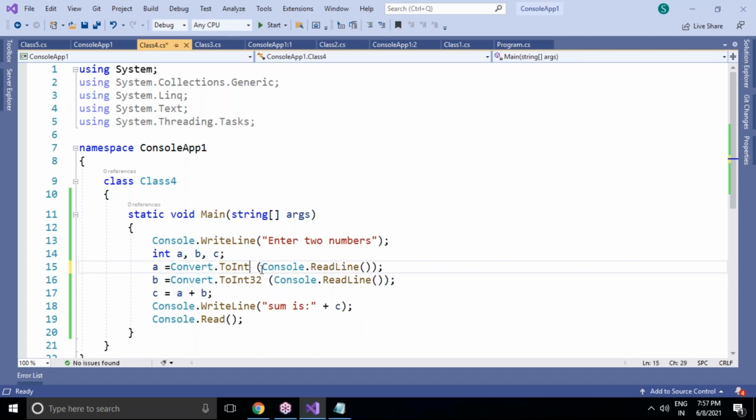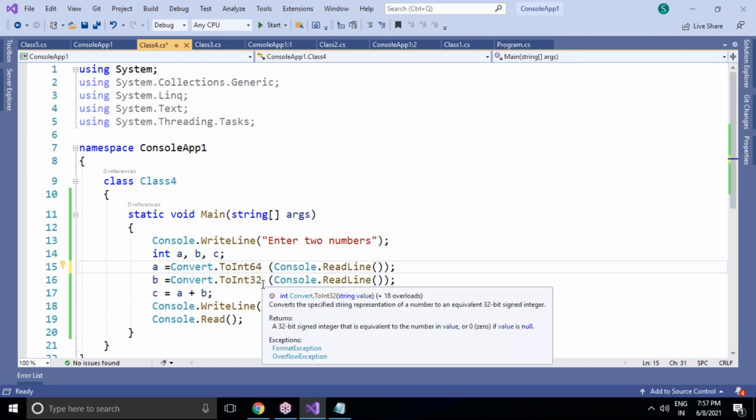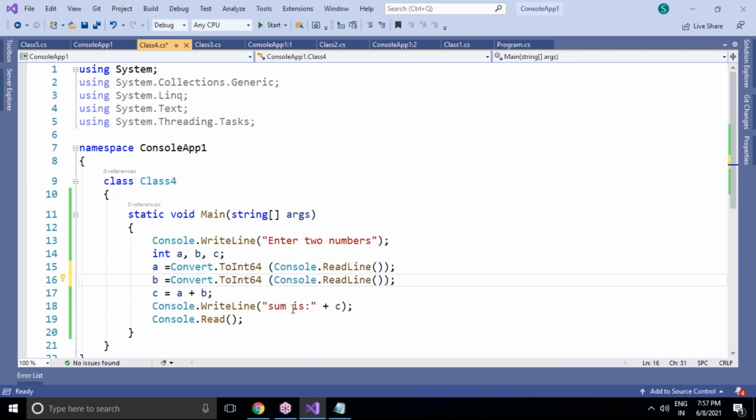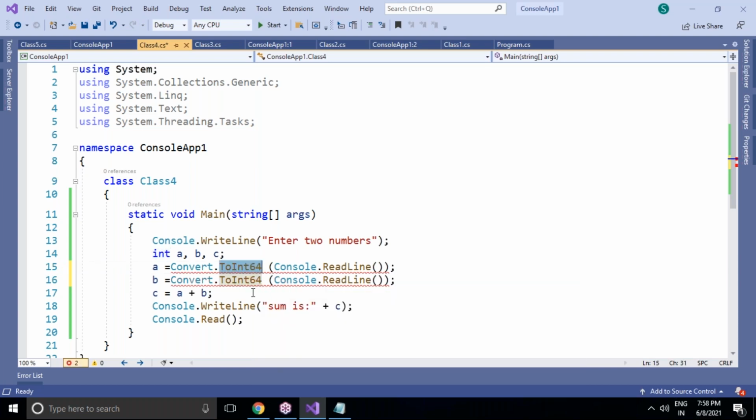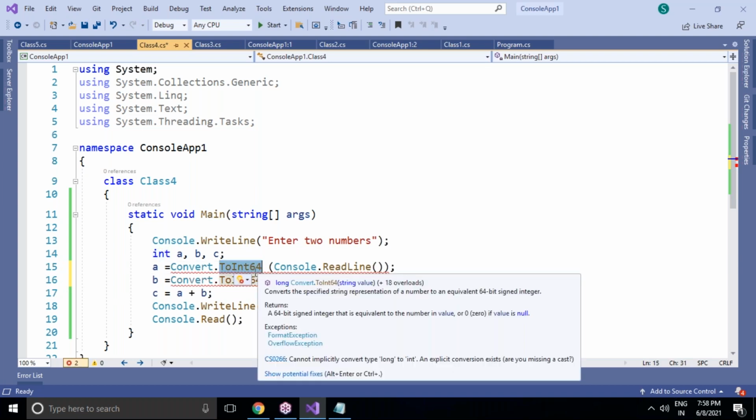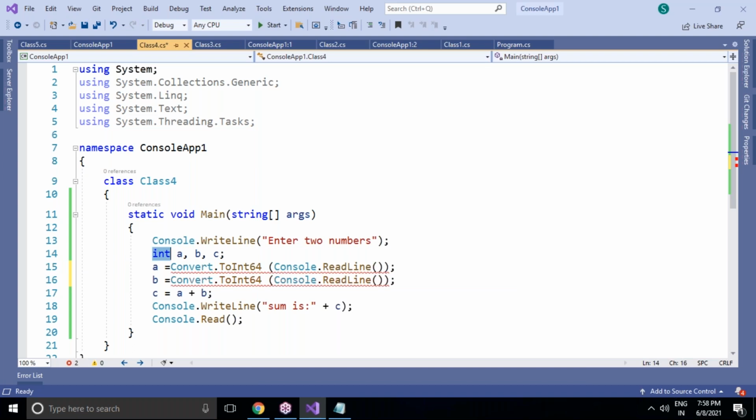Suppose I'm taking 64. 64 also will work, but 64 is somewhat different. 64 is not suitable for a small-range data type like integer. You declare an integer with a small range and you are converting into a large range. ToInt64 is best suited for double, not integer. Either you can decrease the range to 16 or 32, or you can increase your data type.